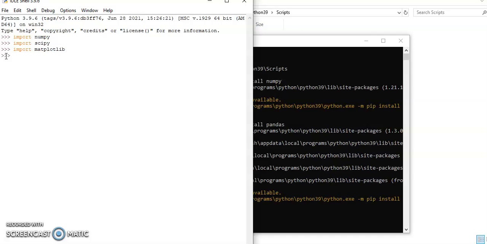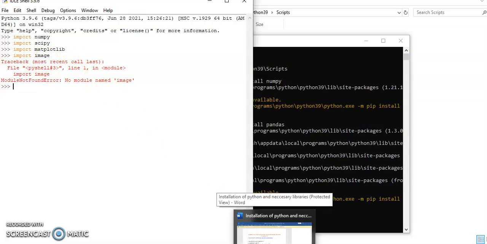Suppose I type import some command like image. We have not installed image, that's why we get an error: there is no module named image. To know whether they are successfully installed or not, we can try in this way.